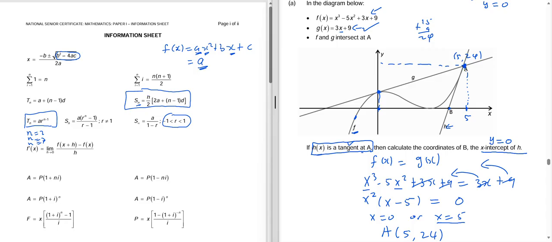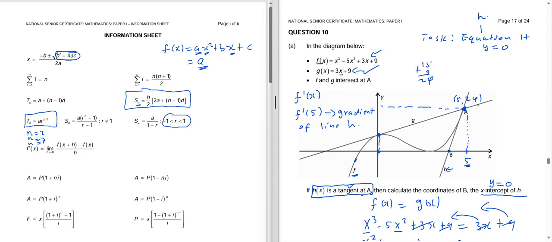And how do we get the gradient? We are going to get a gradient by differentiating the line it is touching, which is, if we say f prime of x, and we substitute the x value of 5, we will get the gradient of line H. That is from the theory. Now, when you have the gradient of line H